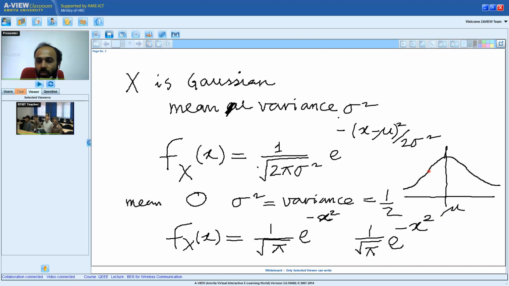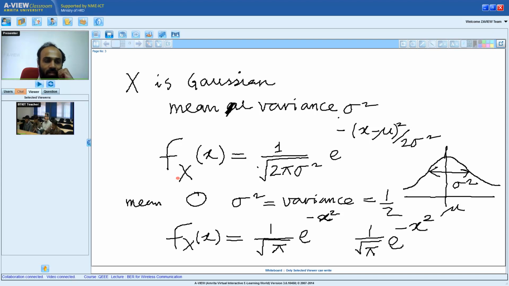And what is the spread related to? I mean, how thick it is, what is it related to? It is related to the variance, right? Sigma square. Right, it is bell-shaped, it is centered about the mean. Thank you, PSG College. Okay, so it's a bell-shaped curve which is centered about the mean mu and its variance is sigma square, right?